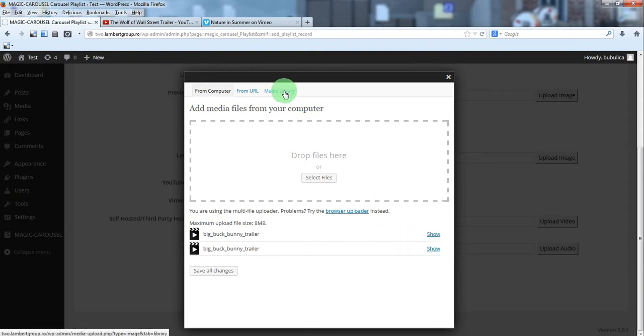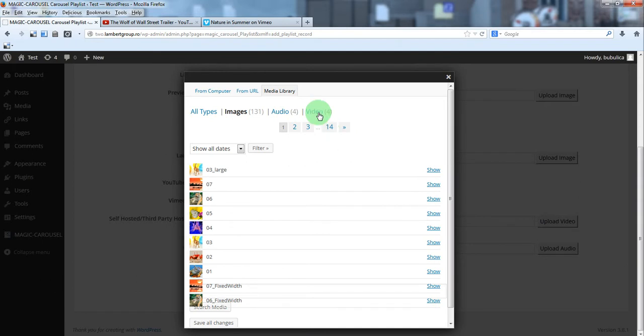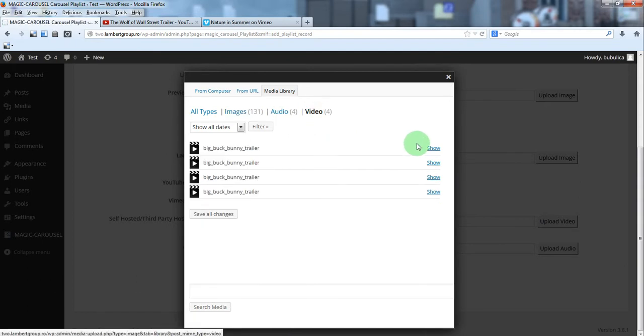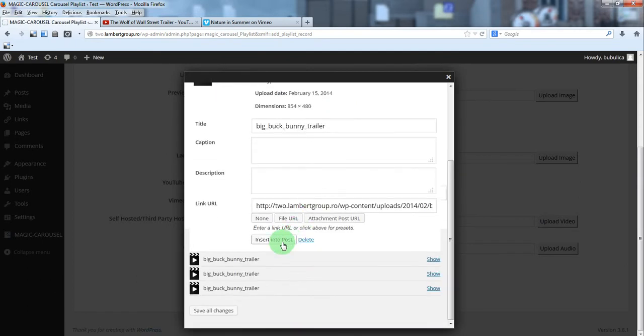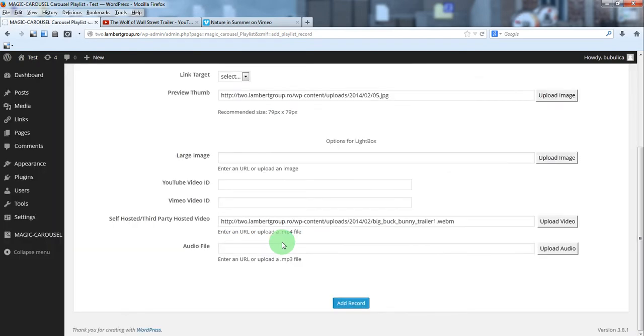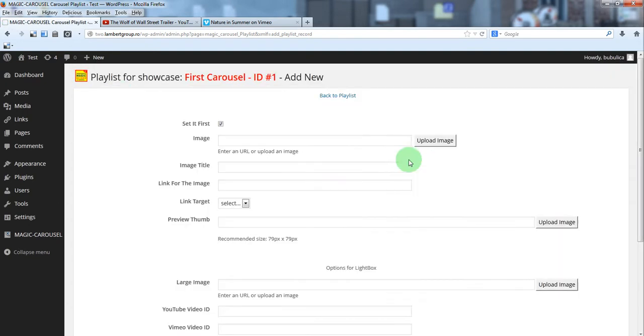Now from the Media Library you go to Video and click Insert into Post for the video you just uploaded. Add record.